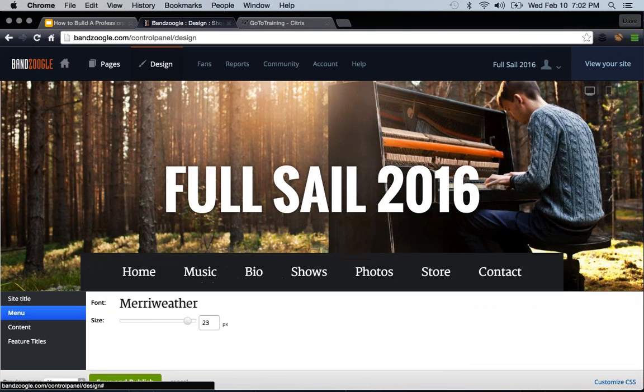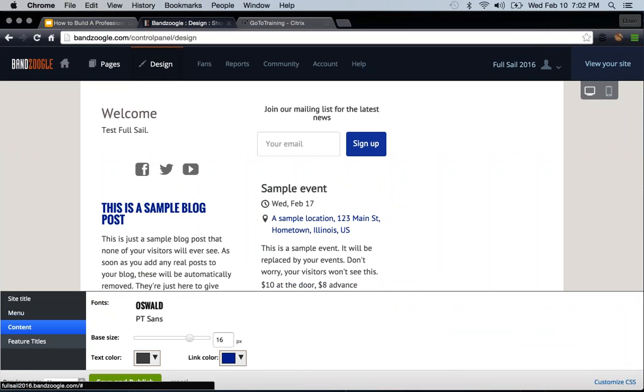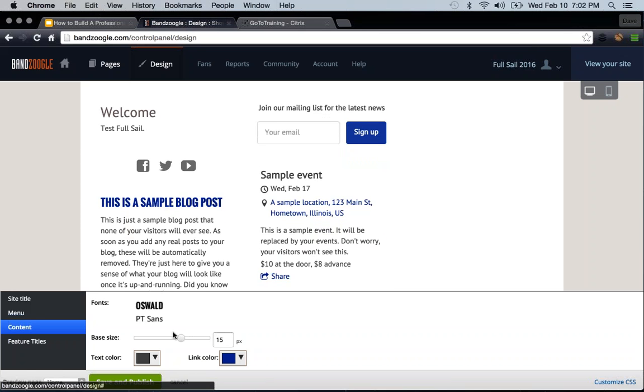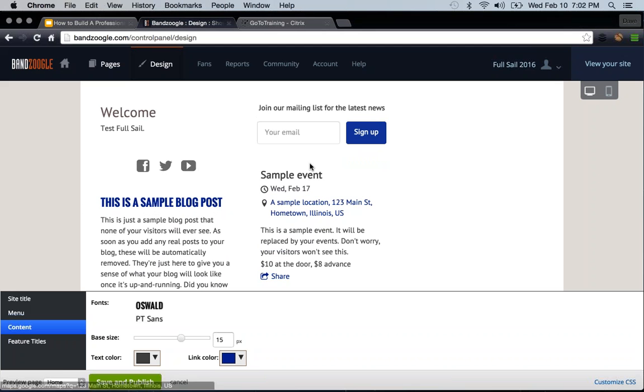Same thing goes for the menu. So if you look at the main menu, it's changing size there. You can change the font. On the new system, you'll be able to change the color of that and really get more detailed with the design. Content. So this is all the text for blog posts or text features or your text within your upcoming events. Same thing. Text color you can change, font you can change, size, and link color is pretty important